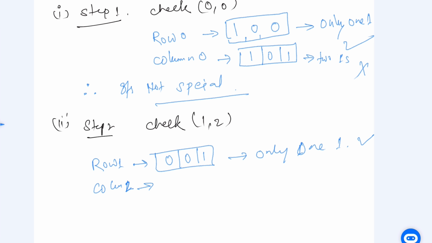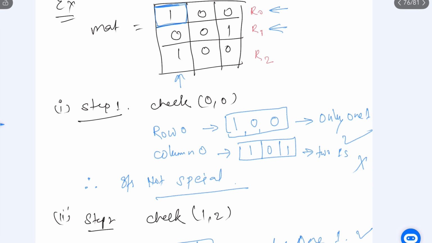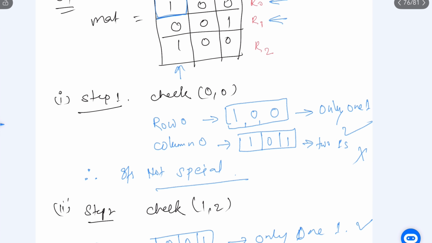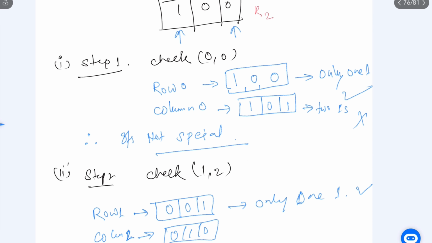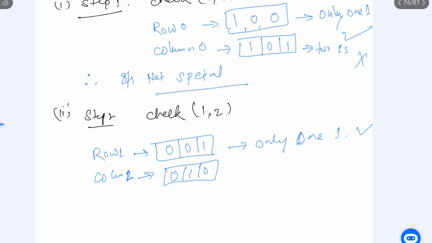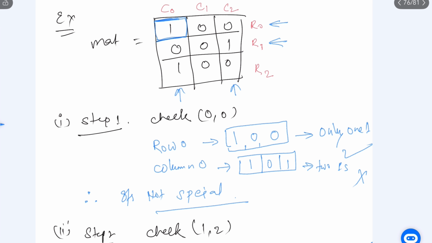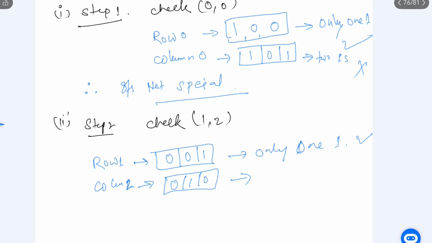Here we have element 0, 1, 0. This is what we have seen, right? 0, 1, 0. Yes, we are talking about the last one, because this one we have 0, right? So we have taken this cell where 1 is there, that we will check only, right? So if you observe here, it was 1, then we have taken the steps, then we have checked this one, like that we will check, right? So this is correct. Now we will check here, means we have only one, right? So this is also true, means this is